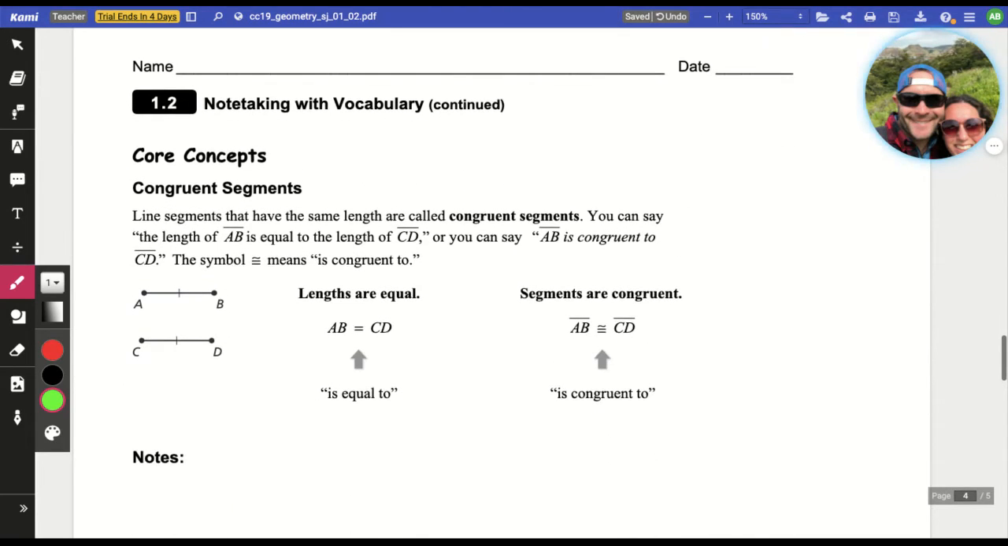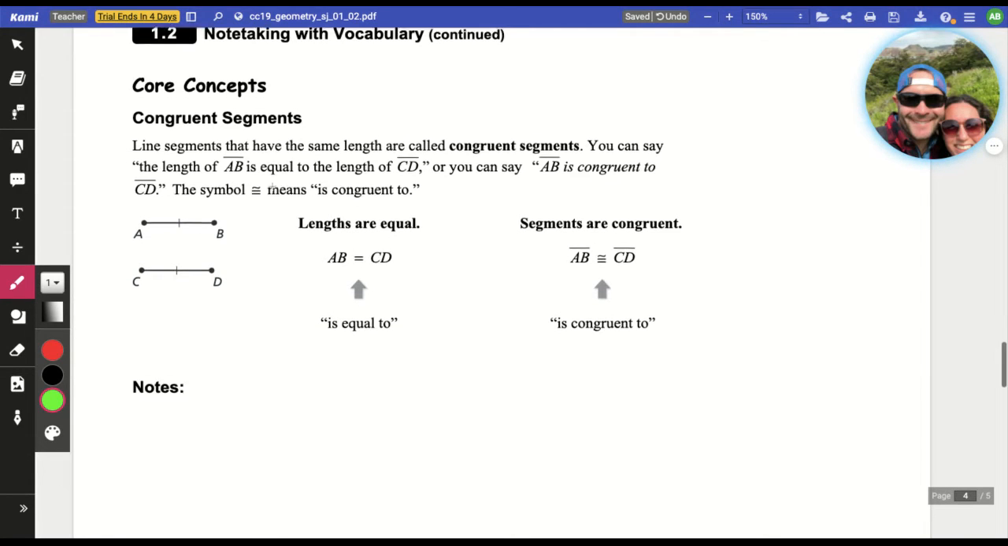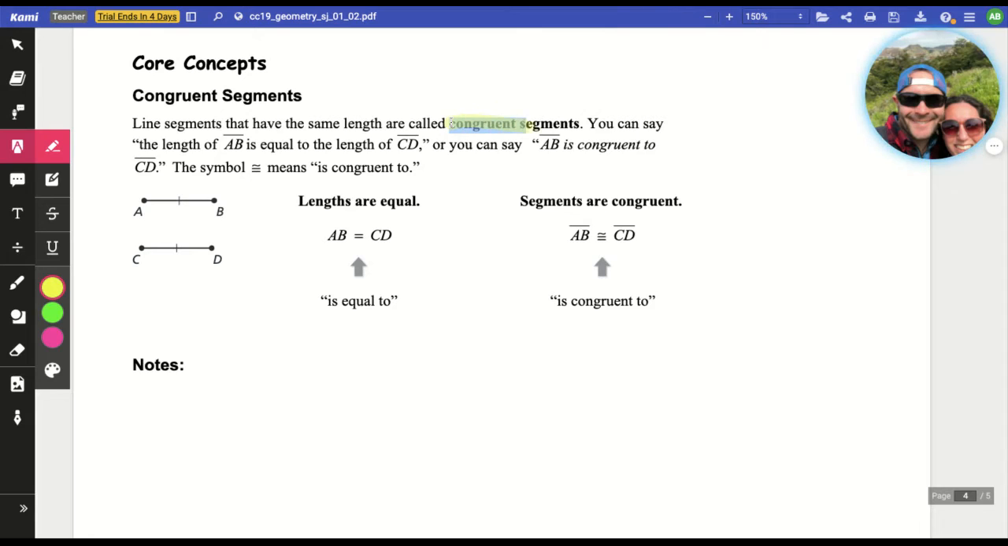Okay, so let's look into a couple things here. Congruent segments: line segments that have the same length are called congruent segments. So that's all it means, they just have the same length. And in general, congruent means they have the exact same shape and size. We can be talking about triangles, we can talk about all kinds of stuff. But congruent just means the exact same shape and size. So segment AB is